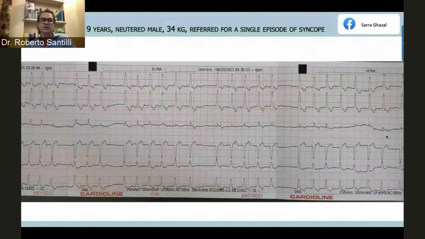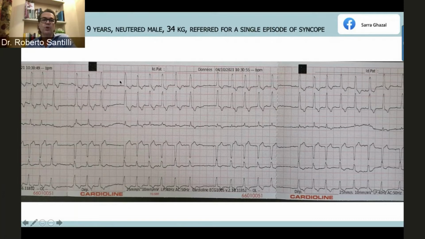So let's start with this ECG. This is a cat, 9 years old, and 3.4 kg, and was referred for an episode of syncope. So here we have lead 1, 2, and 3, AVR, AVL, and AVF. And so let's start looking at the QRS complex together. So we can see for a cat a wide QRS complex. There are tiny changes when you compare different QRS complexes, but mainly it's wide. Wide means more than 40 milliseconds for a cat.